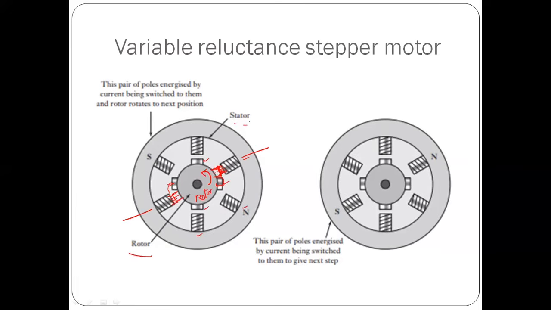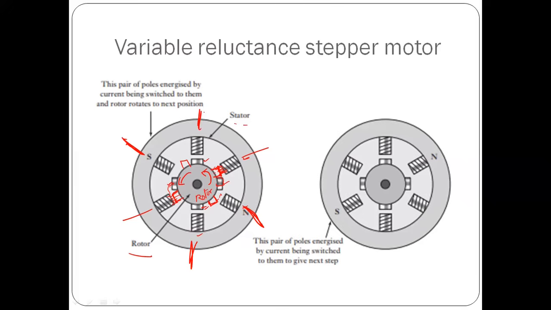Now I'm going to cut off the current through these stator windings. You can see this has moved here, this has come here, and this tooth would have moved somewhere here. I cut the current through these windings and pass current through these two windings now. So this tooth will be attracted here, and again it will cause the rotor to rotate. Similarly, I can cut the current here and pass current through these windings. When I do this, there will be a continuous rotation of the rotor.